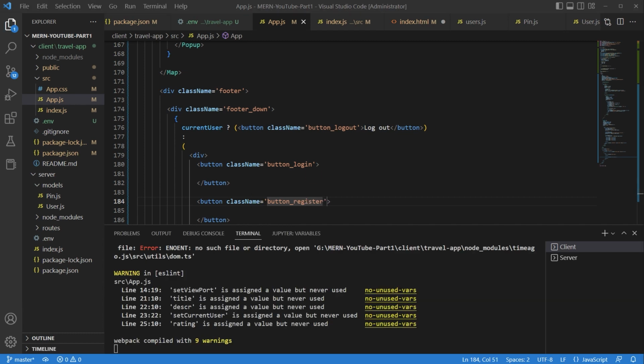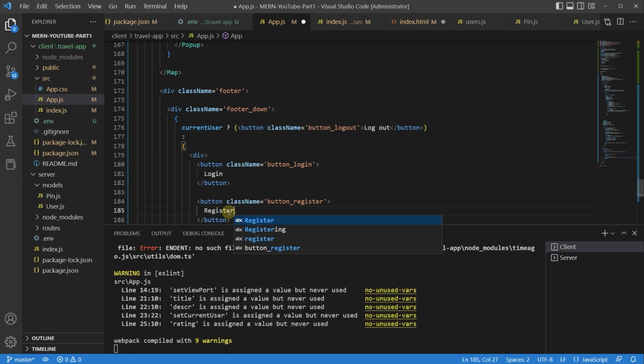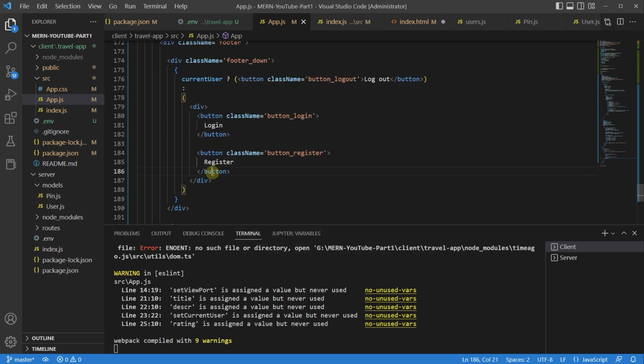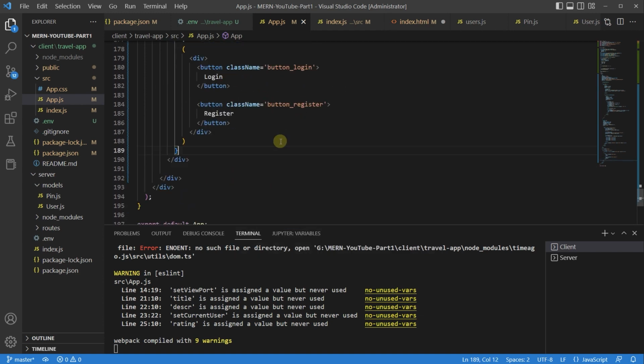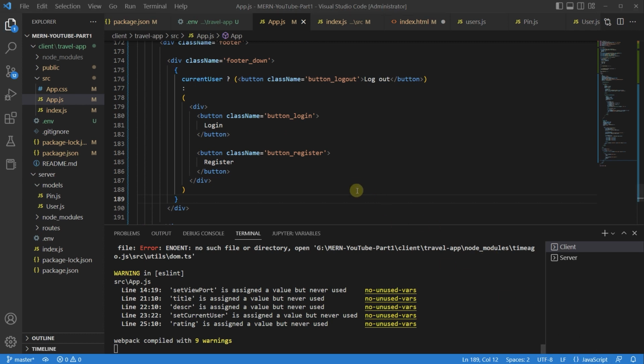Both of them are obviously going to have onClick functions. So I'm going to add them, but for now I'm just going to say login, register. I think that's all right. I think that is okay. So after the div, we're going to have the two buttons. All right, beautiful. Once we actually click them,